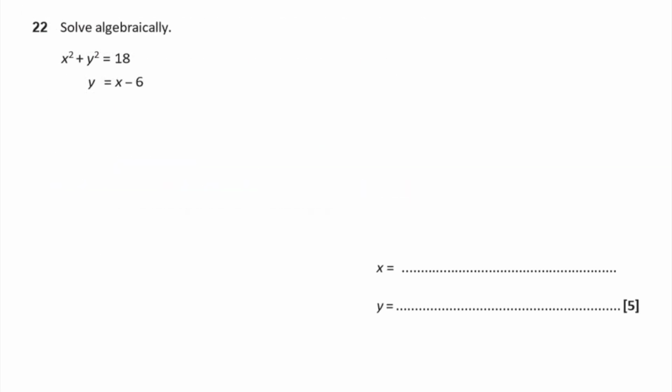Question 22, solve algebraically x squared plus y squared equals 18 and y equals x minus 6. We've done lots of solving simultaneous equations today, but this one is a different method. We're not going to solve by elimination here, we're going to be solving by substitution. I'm going to call this one equation 1, I'm going to call this one equation 2, and I'm going to